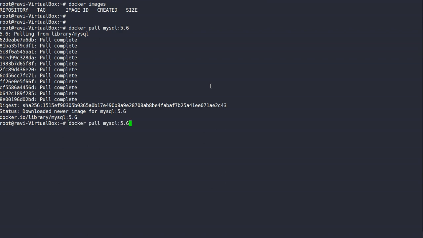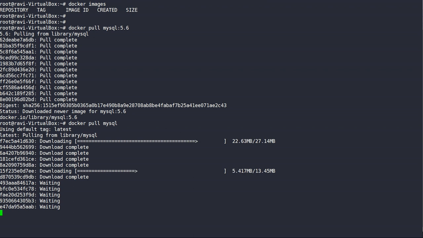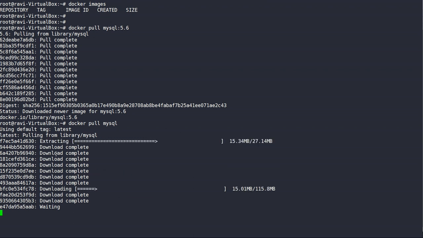One more thing, if I pull mysql latest, I will show you something. It will pull only the delta changes. Suppose it contains some commits that were present in this image, then it will not download those commits again.